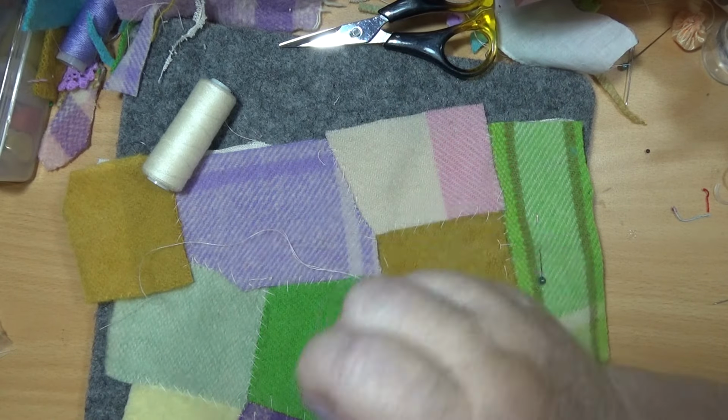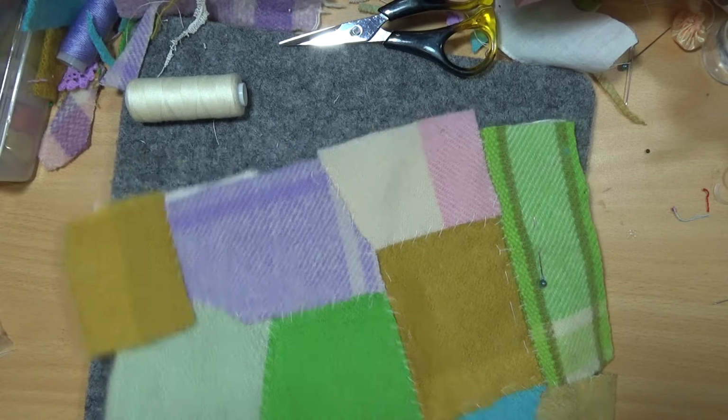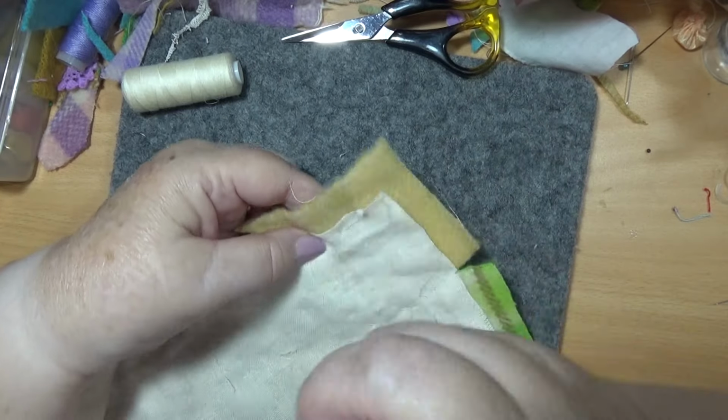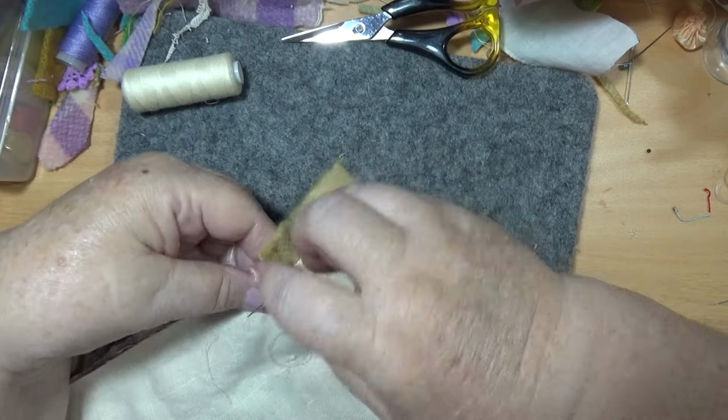Okay, now I'll have to turn it over and just go around the outside of it, make sure I've got everything. Shouldn't take too long, I don't think. I'll just do some lightning stitches. That's what my mother used to call them if they were any bigger than